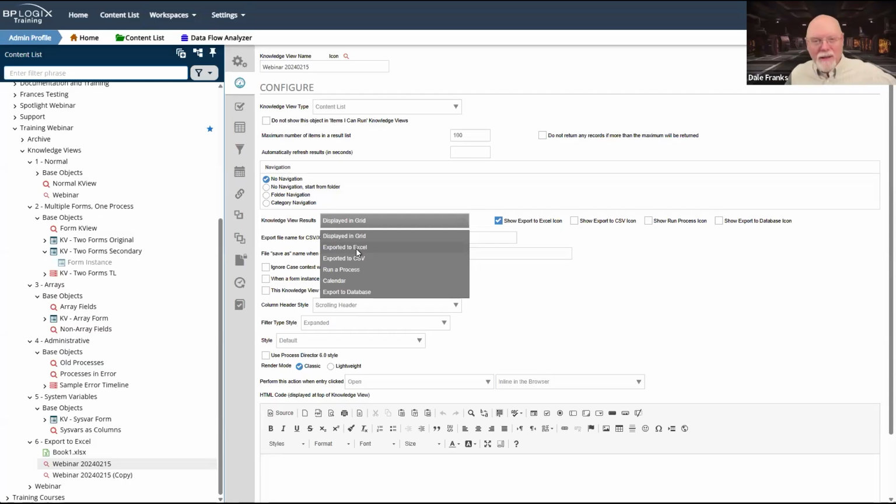And for some things, for an administrative purpose, right? If I just want to go into my content list, click on a knowledge view and say, run the knowledge view from the content list directly, and then just grab the document, that's fine. But again, I'm clicking run in the content list after selecting the knowledge view. So again, I am manually downloading it.